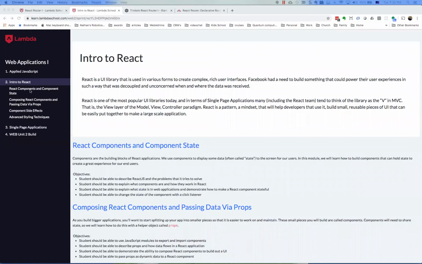So within React, we learned about React components. We learned how to use React State. We learned how to pass data using props. We learned a little bit about prop drilling, which is essentially,